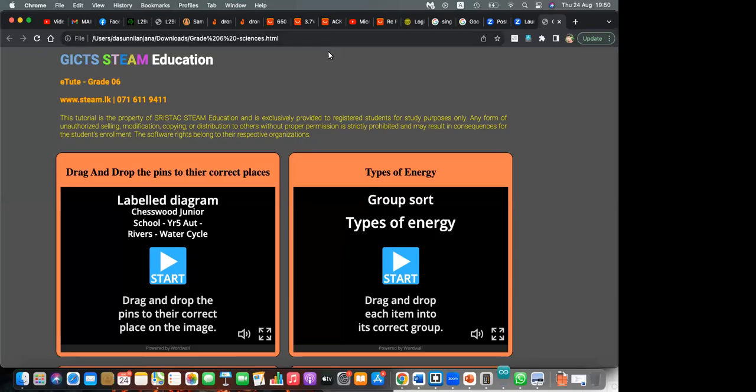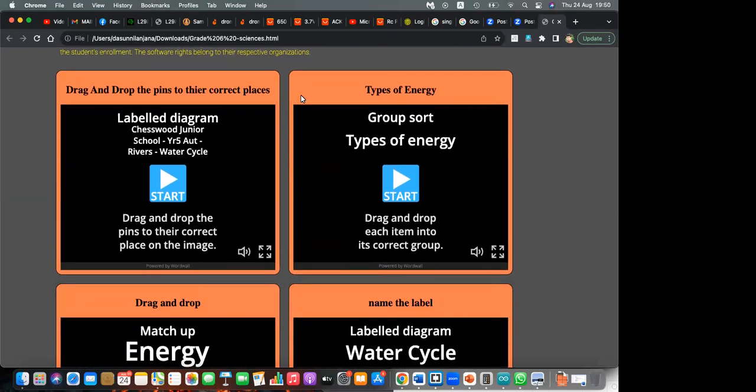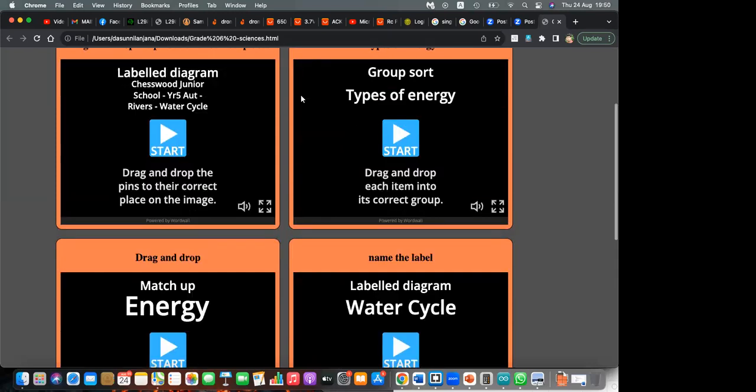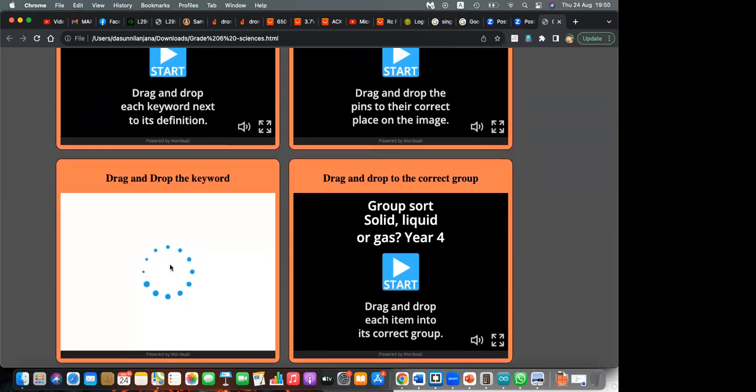So this is regarding the August tute which we have issued in August for science class. Here actually it has different things about basically energy. So what you need to do is you have to complete this, and mostly you can see some activities